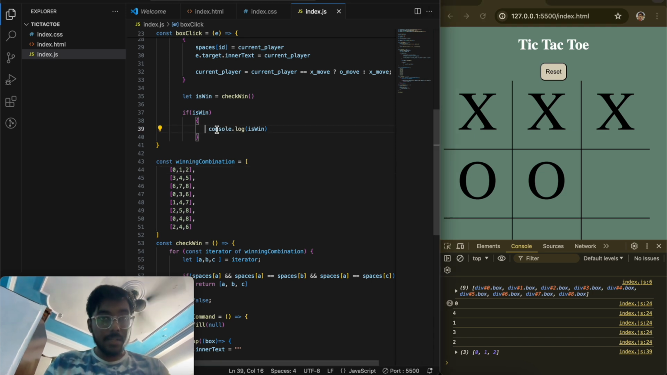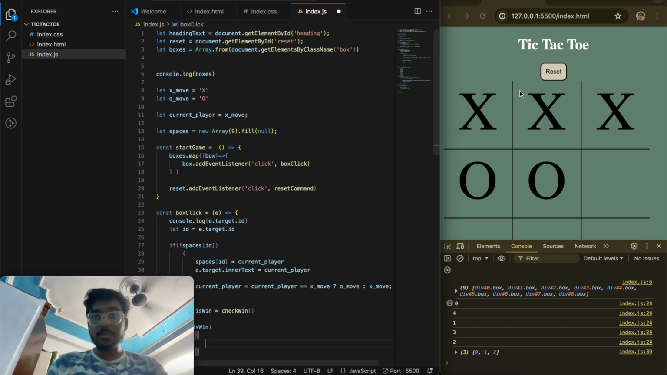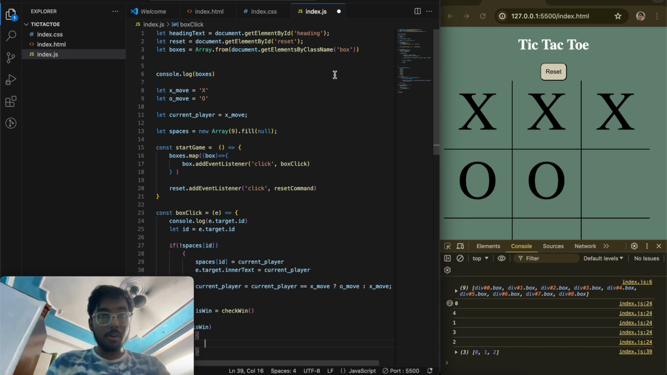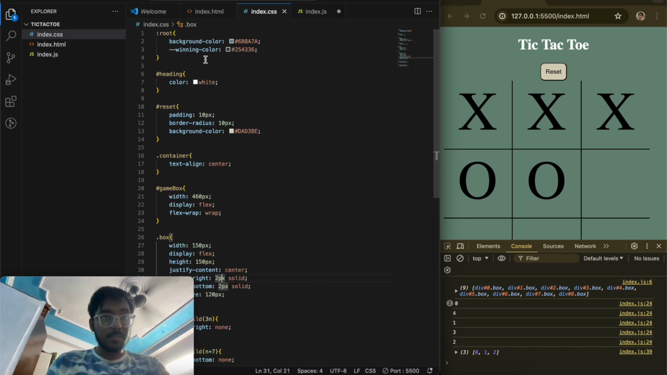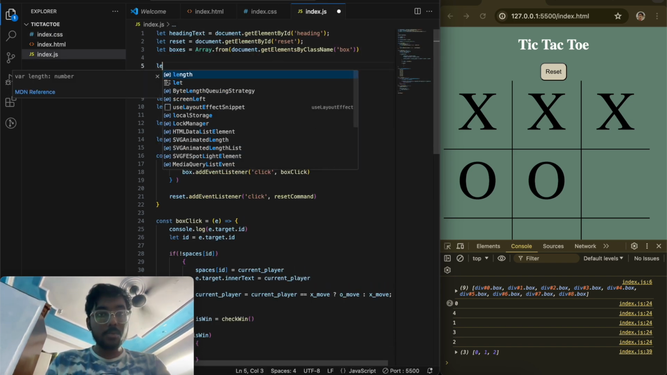So now let's symbolize it. Let me make changes here. I need to make an identification also that this particular person has won the game. So I'll just highlight the background of this x, so this one 0, 1, 2 will be highlighted. For it, I just created a CSS here as this winning color. So I'll call this winning color in my JavaScript. So how I can do it, as let